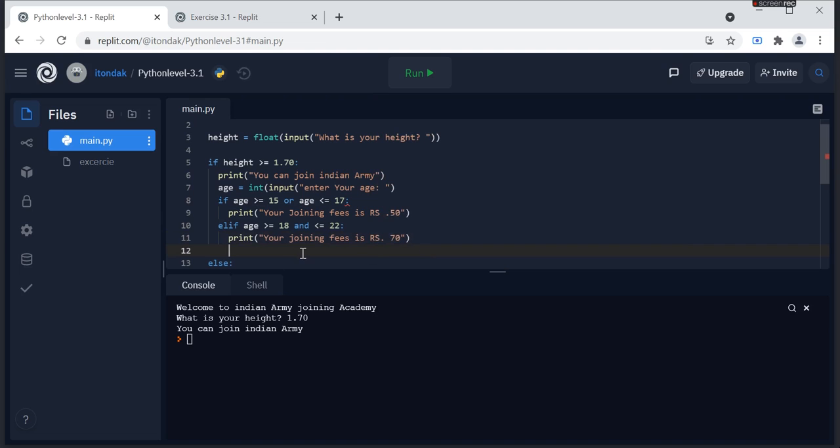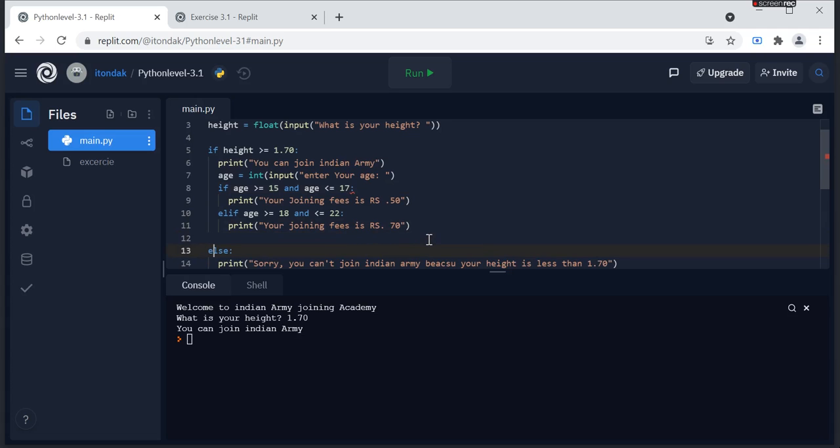Else, if the condition is something wrong, we get an error. Let's see what the error is.